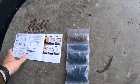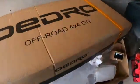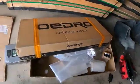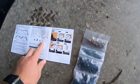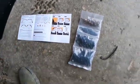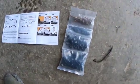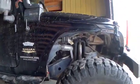This one specifically that I got from this brand, which I'm not even gonna try to pronounce, but Oedro. This one does not have the rivet nut set. These are self tappers, so you gotta be aware of that. Make sure you look at the instructions, essentially. What you'll need to do here, self tap, bolt on, those are your hex nuts, and then you got your washers. Basically just bolt on